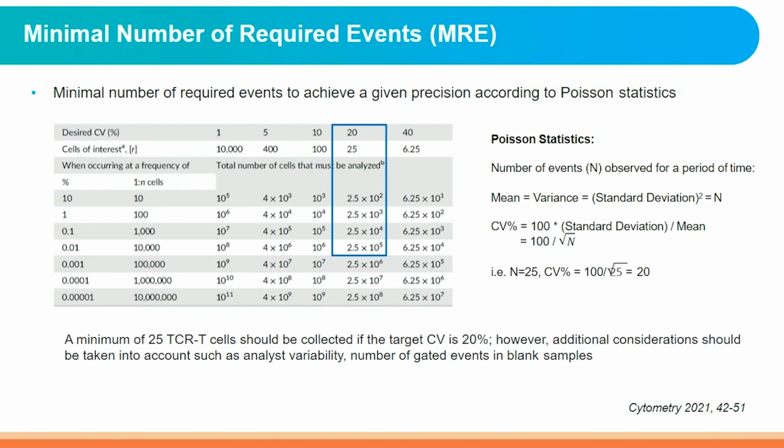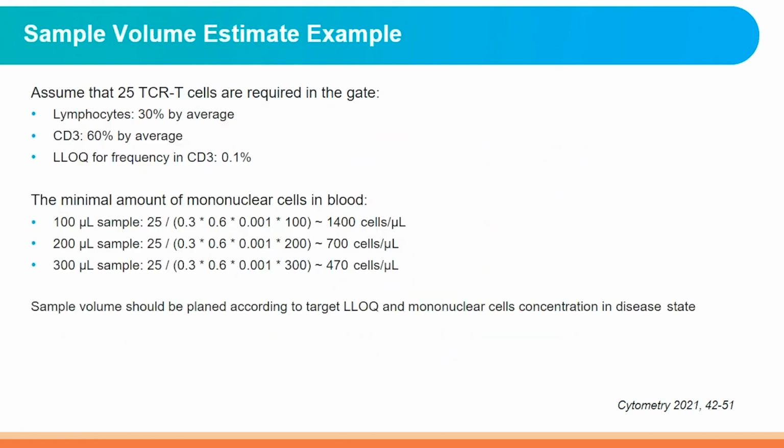In reality, we always see variability from analyst, instrument, or even the number of gated events in the blood samples due to cross-reactivity or non-specific binding. So evaluating MRE during precision assessment is a more appropriate approach. Actually, the MRE can be achieved by using more sample volume if feasible. In other words, we can do some number crunching to decide what's the minimum sample volume we should start with